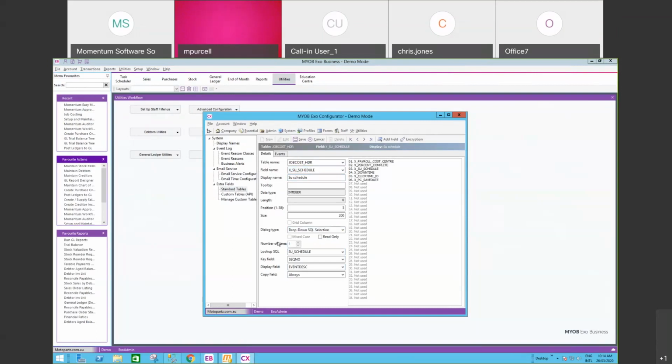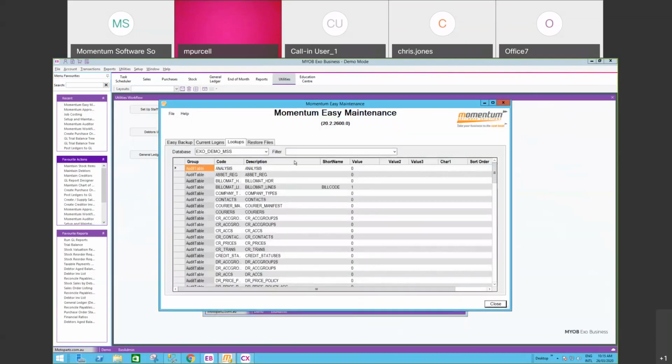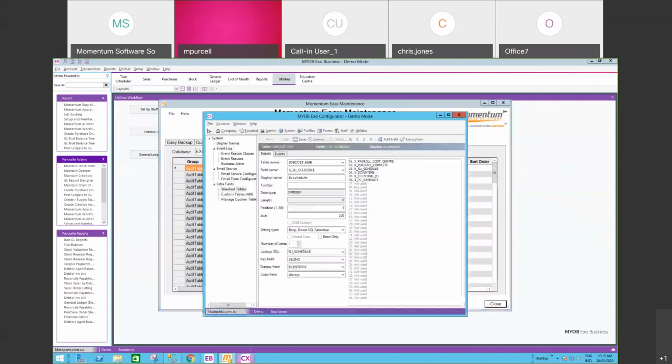And usually that would require a business partner like ourselves to create a custom table in the system and put those values in for you, and it's difficult for clients or users to maintain them themselves. But what we've done in Easy Maintenance is allowed